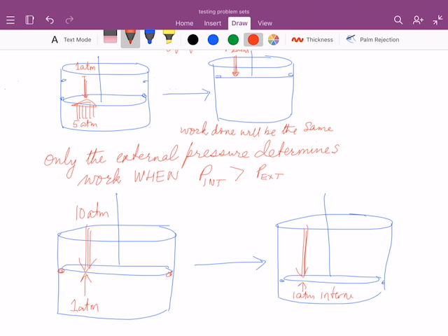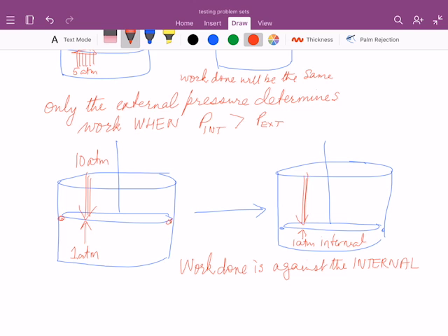that is being compressed in this system. In this situation, work is done against the internal pressure, because it's the internal pressure in this case that provides the resistance to the movement of the piston. So the only role played by the external pressure here is that it is greater than the internal pressure. And so here, work will be